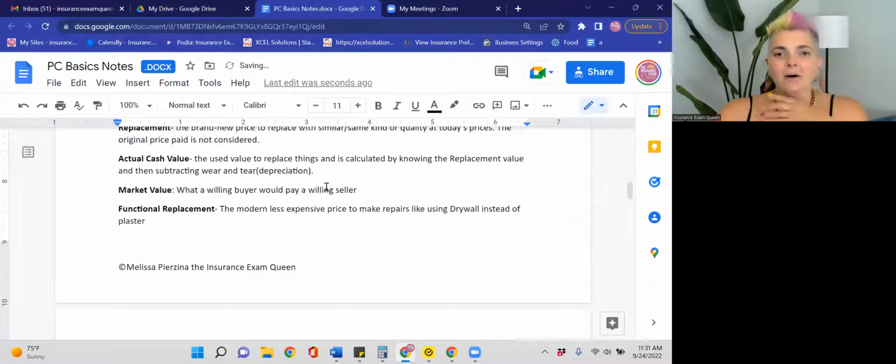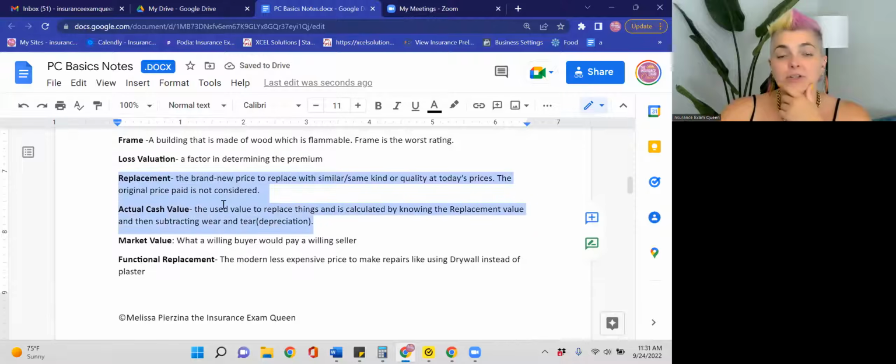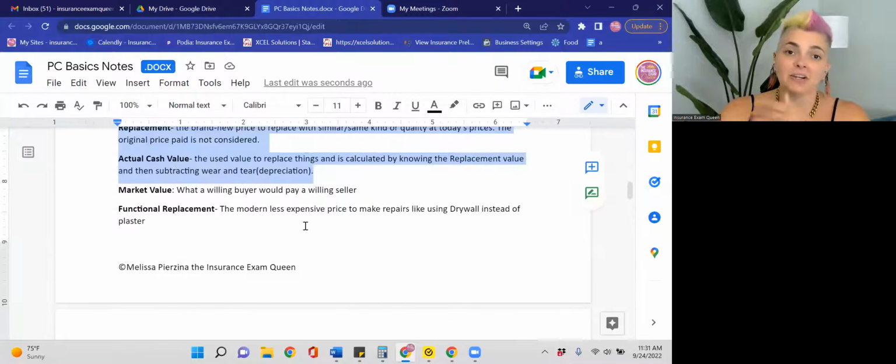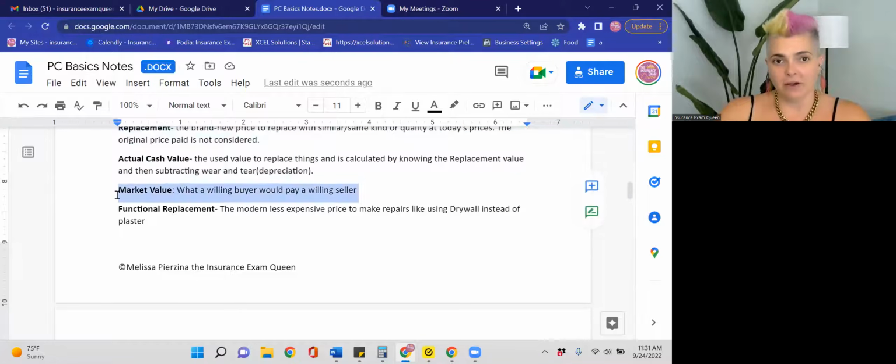There we go. Actual cash value and replacement are the two they ask about the most. I'm going to mention these other ones, but they're not tested on nearly as much. Market value is what a willing buyer would pay a willing seller. Market value, when you think of a house, when you go to buy a house and you get a mortgage